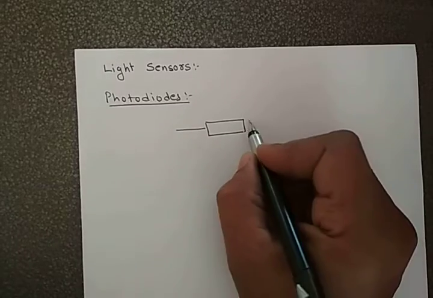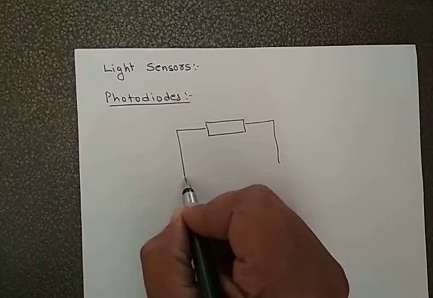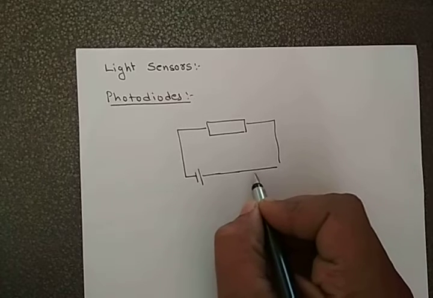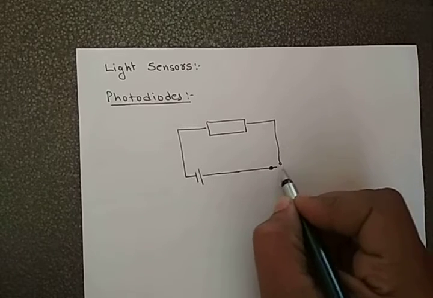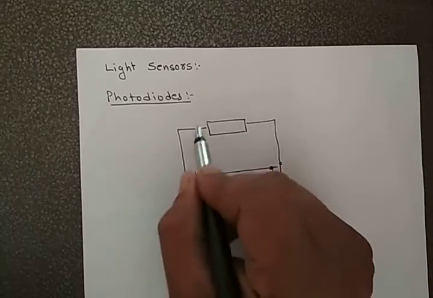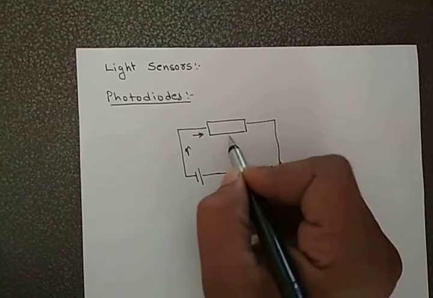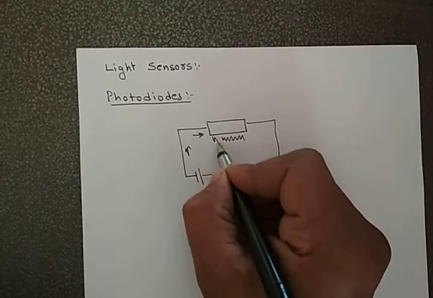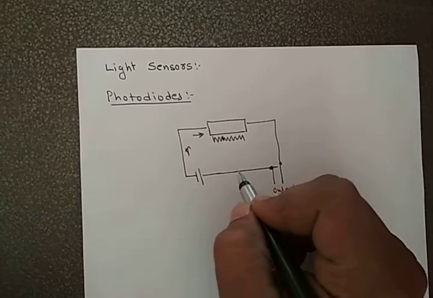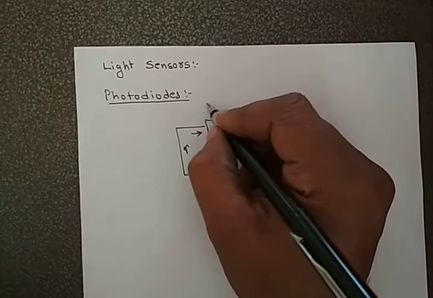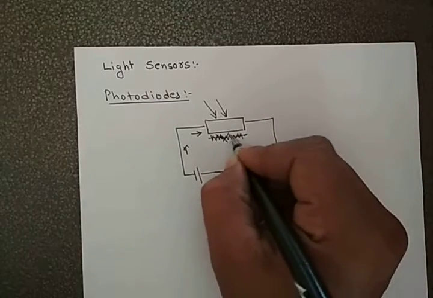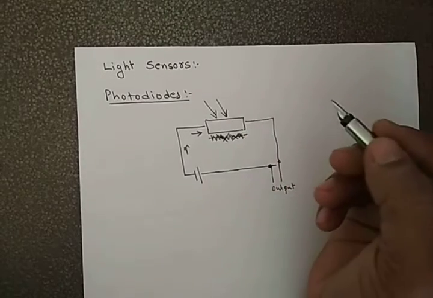If this is a semiconductor connected to a closed circuit and this is a current supply given, and we are taking output. Now without any light there is a very high resistance. So without any light current could not flow from this and it could not complete the circuit. And when light falls, the resistance will decrease. It is directly proportional to the intensity of light.